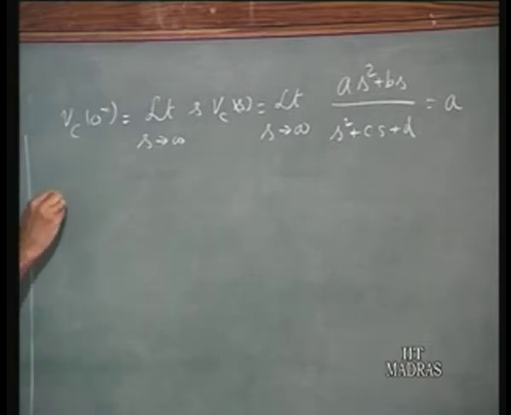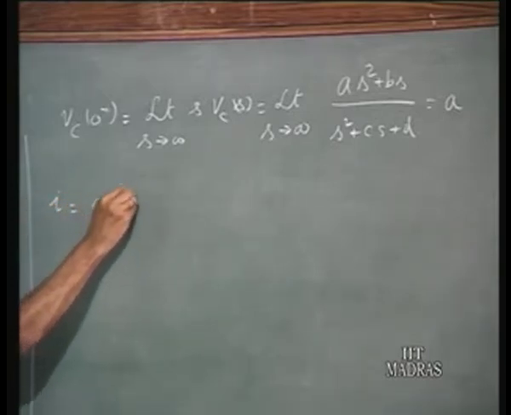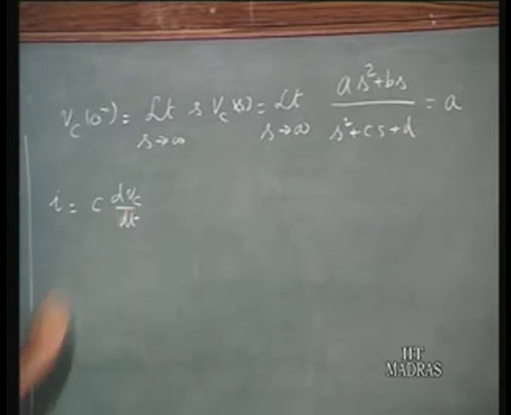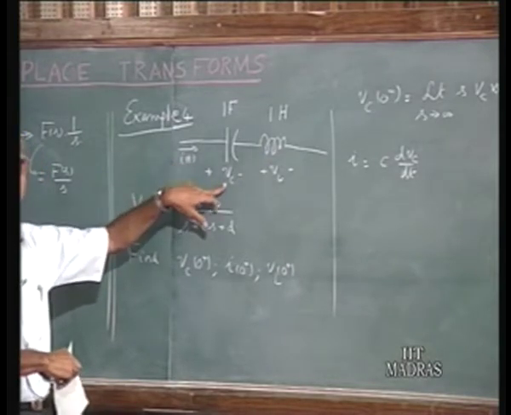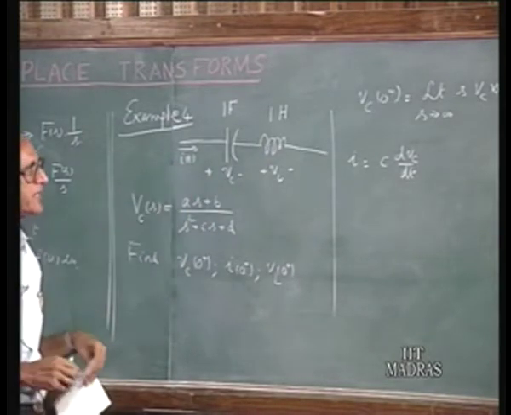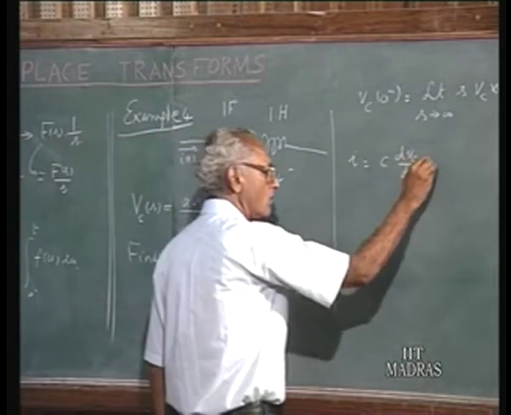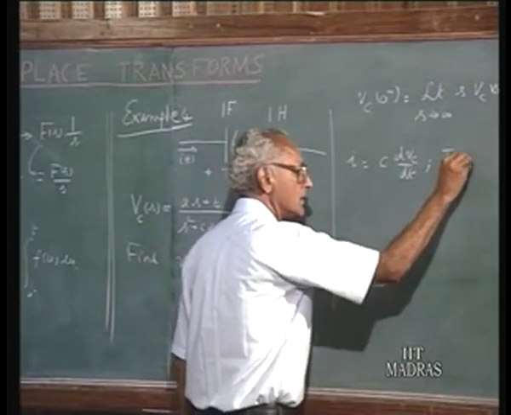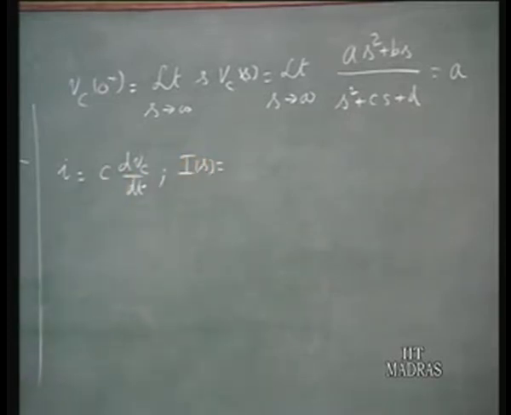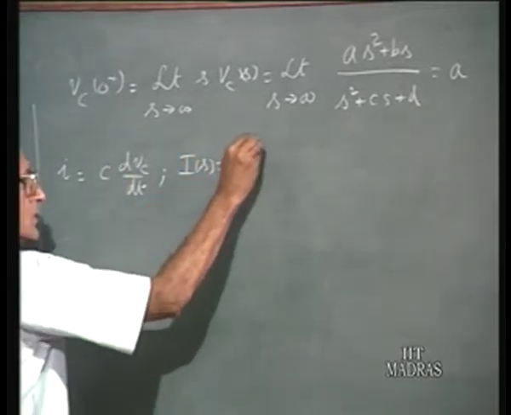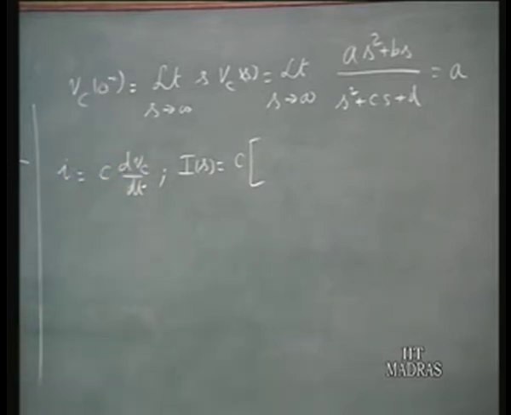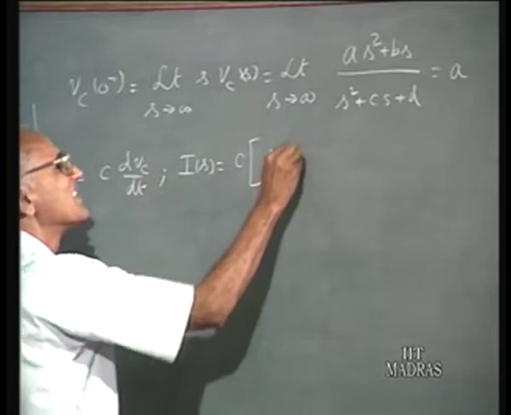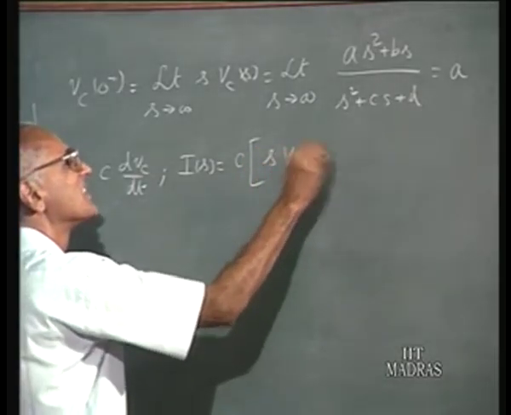Now, what about the current? We know that for a capacitance, i equals C dVc by dt. That is the relation between the current in a capacitor and the voltage across the capacitor for any general variables i(t) and Vc. Therefore, we can say the Laplace transform of the current I(s) is C times, if Vc has the Laplace transform Vc of s, the derivative dVc by dt is s times Vc of s minus